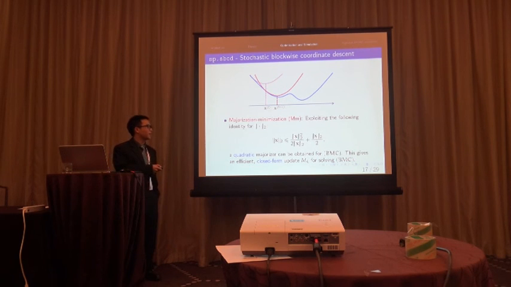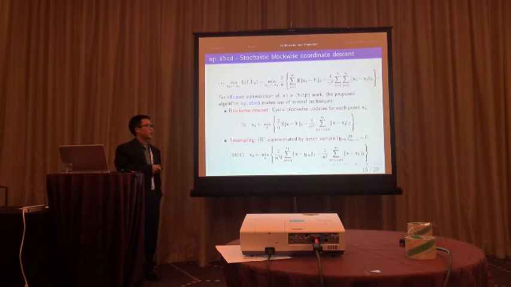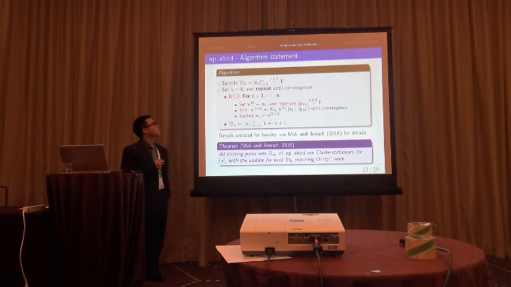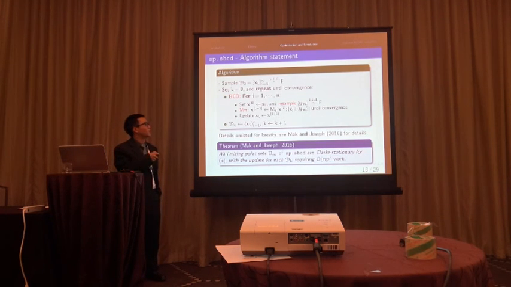And so what we do is we take this, apply it to this problem. I didn't show you the actual update because it's very long, but it's an efficient closed form update for solving this approximation. And what we do here as well is we resample this batch sample every time you go through this blockwise descent. So you're always going to get some sort of convergence at the end. So applying these 3 steps together, this is the algorithm. I'm not going to go through all the steps here, but you start off with blockwise coordinate descent. For each point, you resample a huge block sample. You perform majorization minimization using this closed form update until you converge, and then you just repeat the process